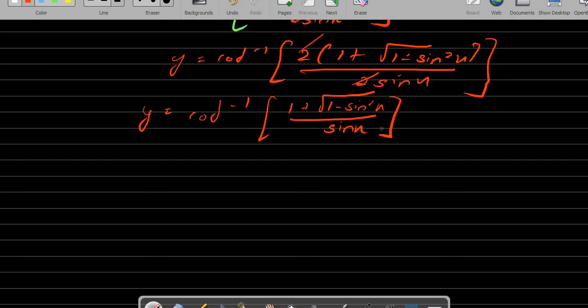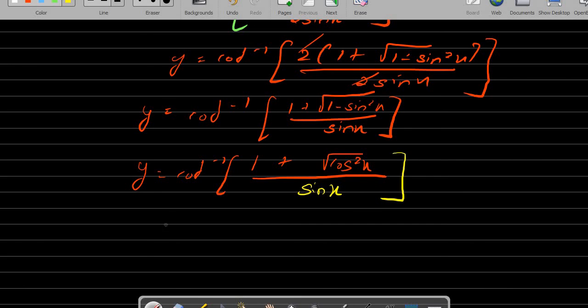Okay, now here comes the important part. Now if a student knows the basic trigonometric formulas that you had studied in class 11, then you will be able to do it, otherwise you will get stuck. So this is the important part. Pay close attention. Now what will we do? 1 plus, pretty basic, 1 minus sine square x is cos square x under root of cos square x, and just a second, sin x, what can we write? Okay, we'll leave it as sin x only. We can do something else. That's what I'm thinking right now.